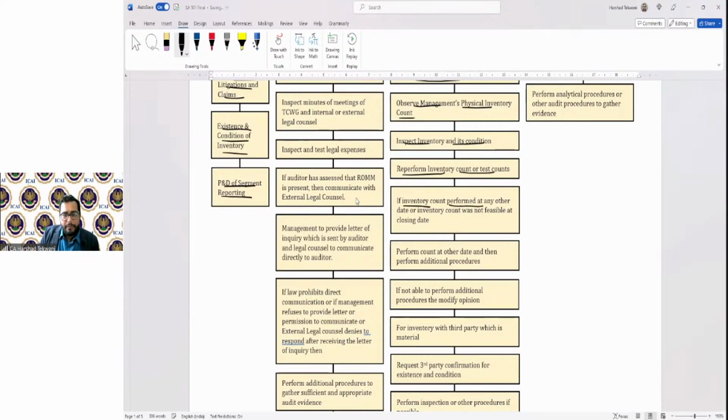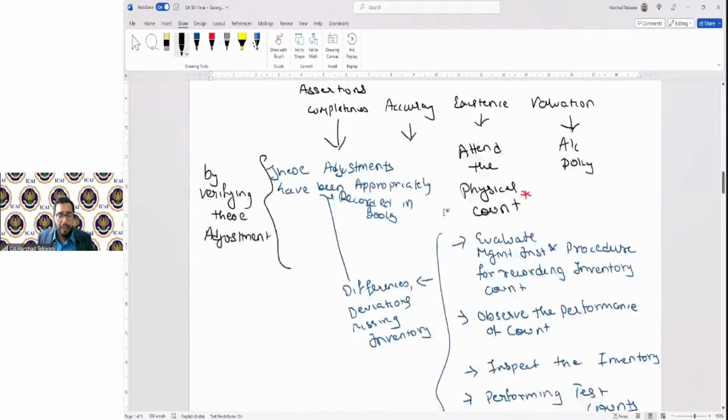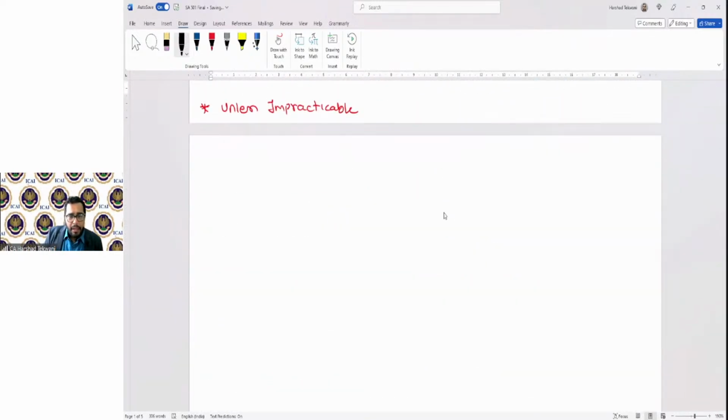If inventory count was performed at any other date or inventory count was not feasible at the closing date, then what will you do? If inventory count was not performed at 31st March, let's say it was not performed during the year but was performed after the year, what will you do? How will you ensure the completeness? In that case, if inventory count was not performed during period close or year close,